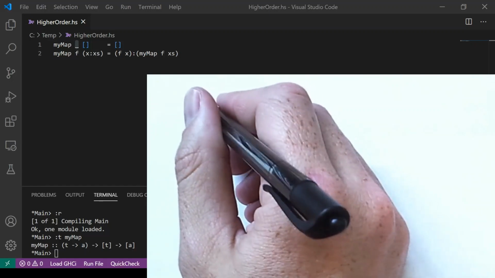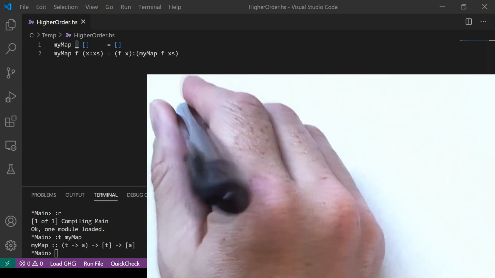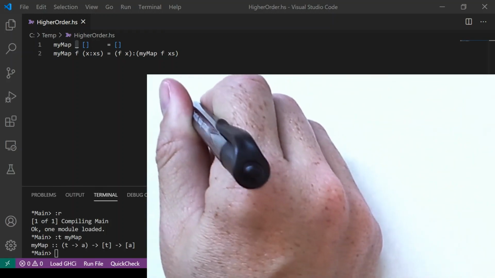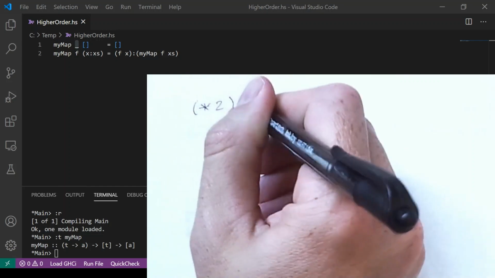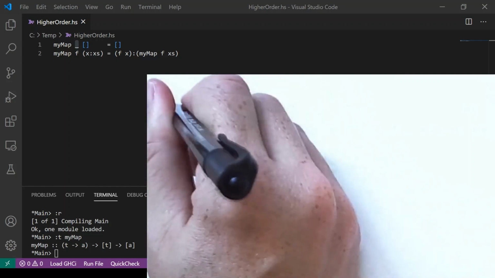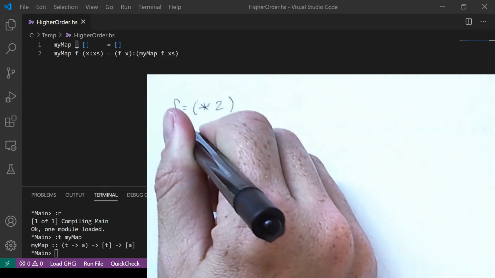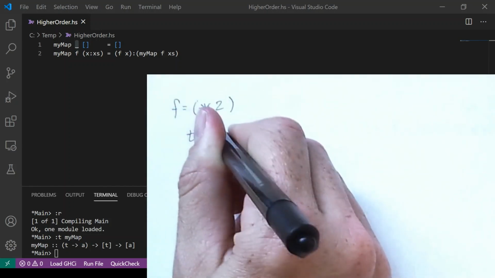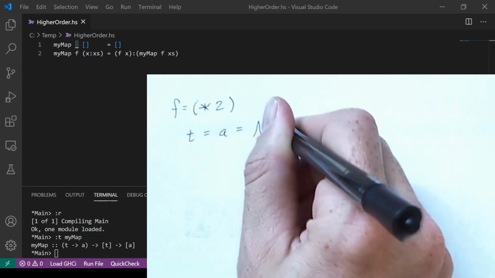T and a are type variables that get mapped to specific types when you apply the myMap function. So when I'm using multiply by 2 as my function f, well, in that case, both t and a are arbitrary numeric types,